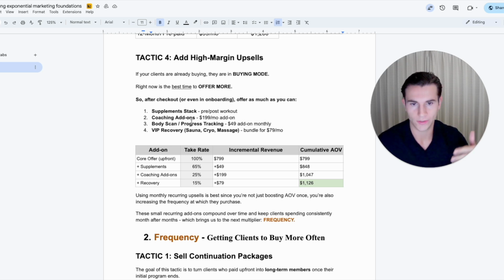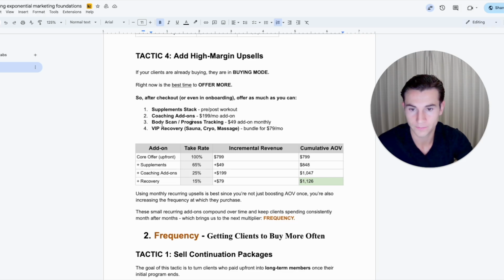Usually it's related to what they buy, but people go through sprints of buying and sprints of saving. So when someone's in buying mode, you have to capitalize on that, because if they're not going to spend the money with you, they're going to spend the money with another business. So you might as well capture the value yourself.